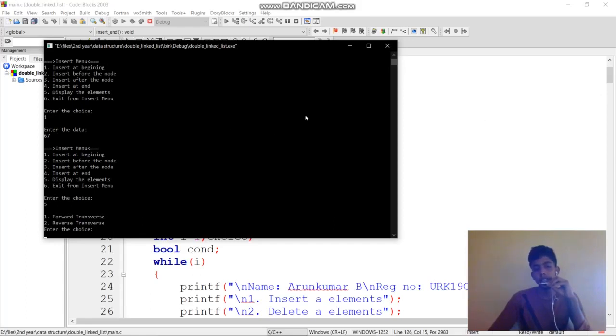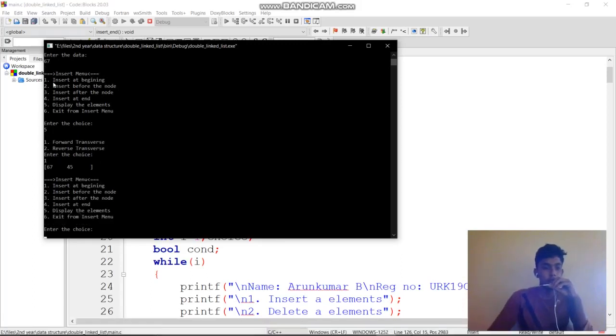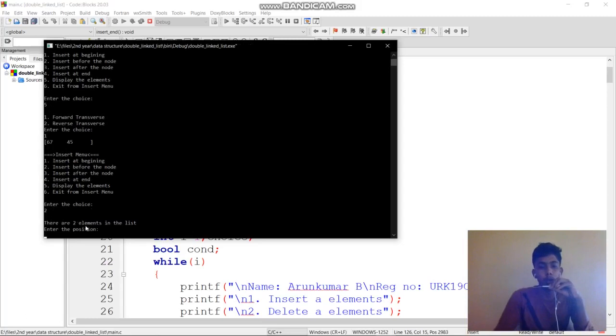So we can reverse a string. That is two ways of displaying: forward way or reverse way. For that convenience we can give forward ways even. See what values I have inserted. First I inserted 45 as the starting value, and then I inserted 67 at the beginning, so the 67 is inserted at the beginning. Now let us see the second operation, insert before the node.